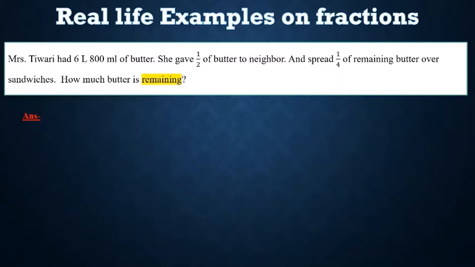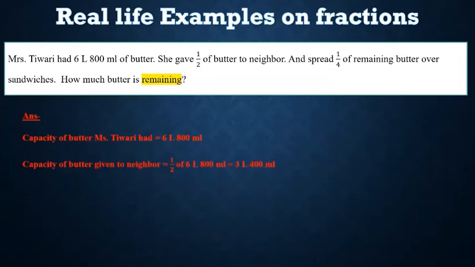be the answer. So first we'll write capacity of butter Miss Tiwari had, which is 6 liter 800 ml. Capacity of butter which she gave to her neighbor, which is equal to 1/2 of 6 liter 800 ml, which is equal to 3 liters 400 ml. The capacity of remaining butter spread over sandwiches is equal to 1/4 of 3 liter 400 ml, which is equal to